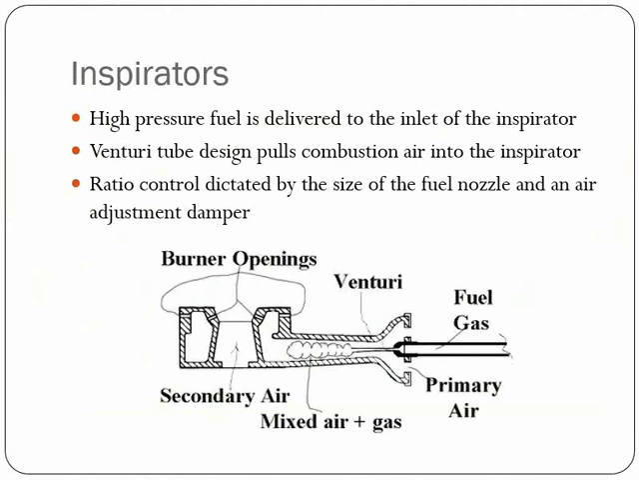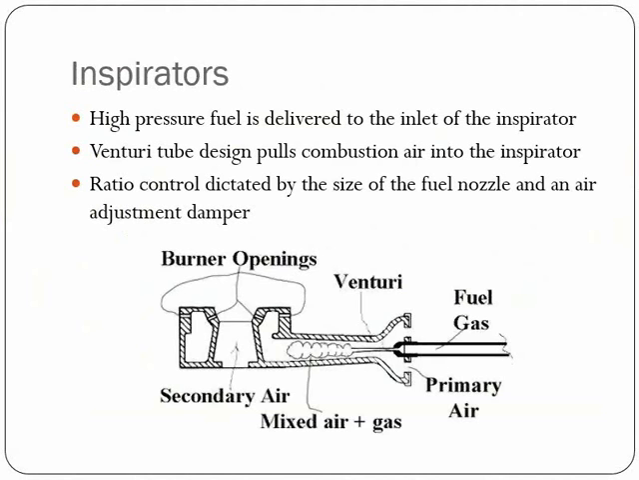The first method that we are looking at is inspirators. An inspirator essentially uses a high pressure of fuel that's delivered to the inlet of the inspirator, and then there's a Venturi tube design that will pull in combustion air around the high pressure fuel. This will ultimately give you a ratio of air to fuel. Although in most of the combustion world it's seen as strictly a mixing device, it is a ratio control device as well, since the design of the fuel nozzle and an air adjustment damper will affect the